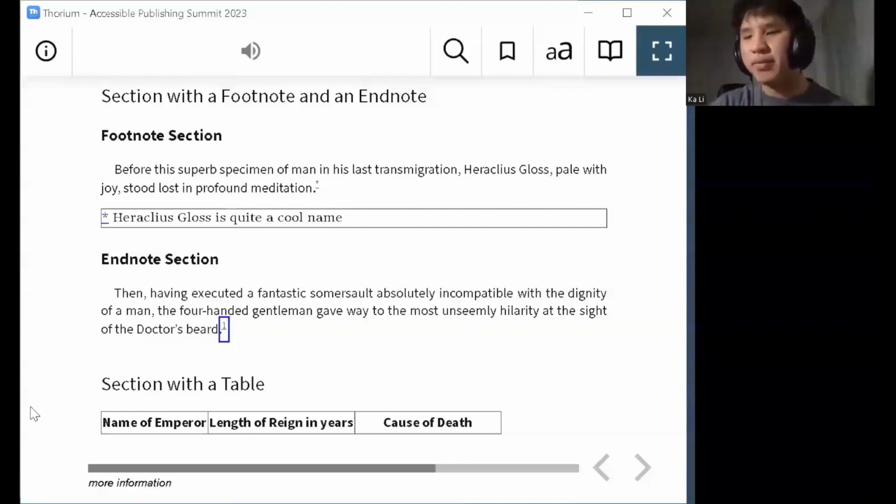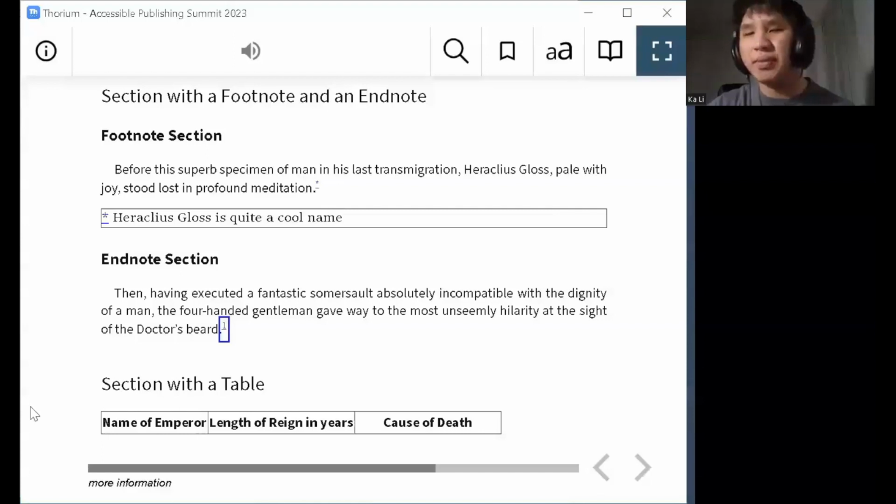Section with a table, heading level 2. So next, tables. And in this section, what will be important is making sure that these tables read properly with screen readers. What I mean by this is in a lot of cases, tables are used as layout rather than as data tables. So it's important to make your data tables accessible using table markup, by marking up your rows and columns as headers and as cells.